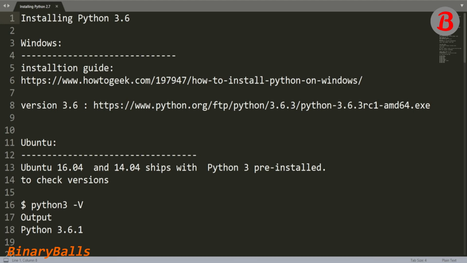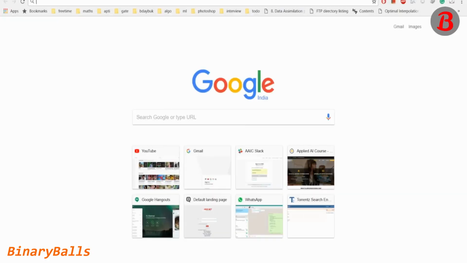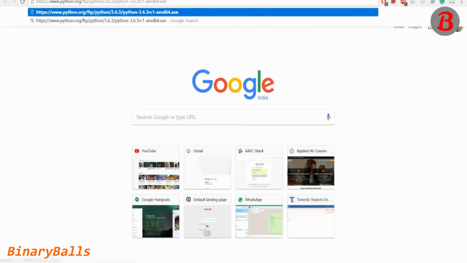So on Windows, it's very, very simple. We will share this Word document with you, this simple text document where all the steps are clearly outlined. But let's first install Python itself. This is the link. If you're using Windows, this is the link that you have to work with. Just copy it and let's go to any web browser like Chrome here, and if you just paste it and press enter,